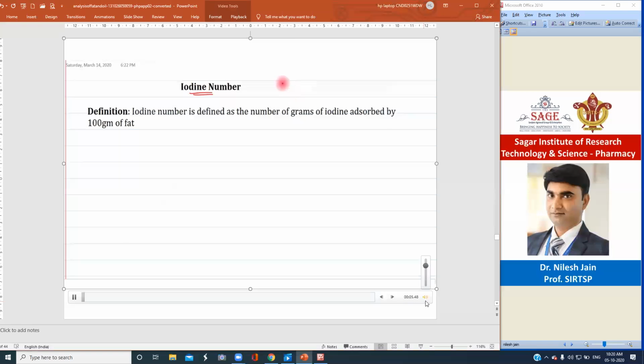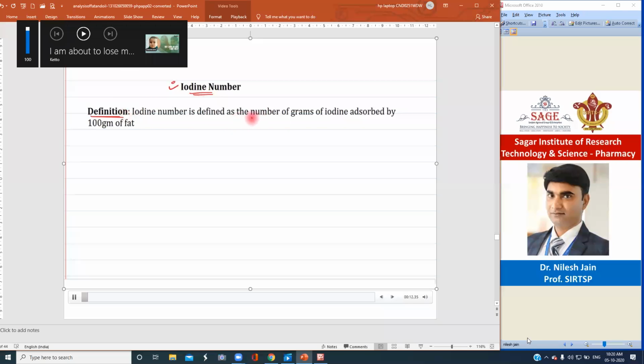Iodine number and acetyl number. So let's first look at the iodine number. What is its definition? The definition of iodine number says that it is defined as the number of grams of